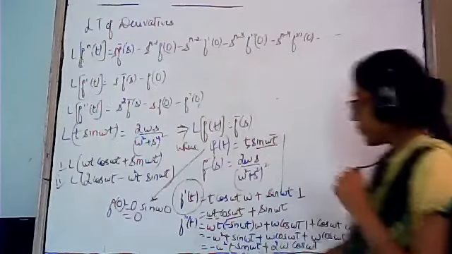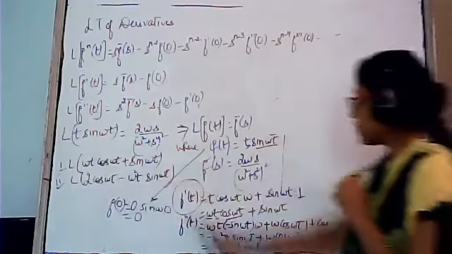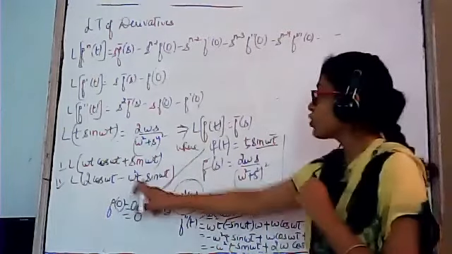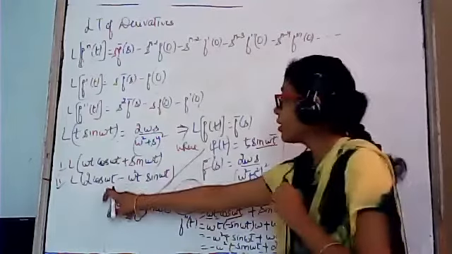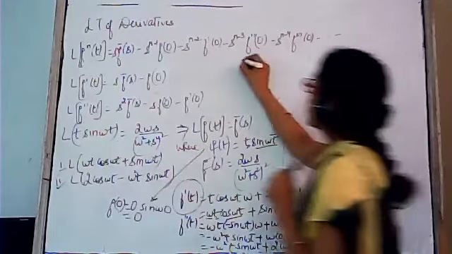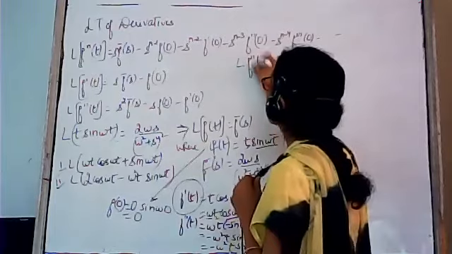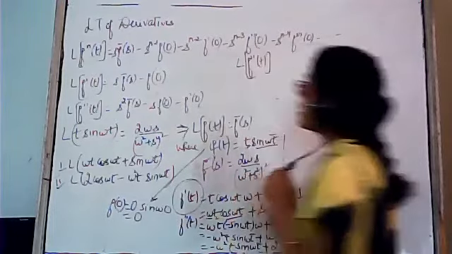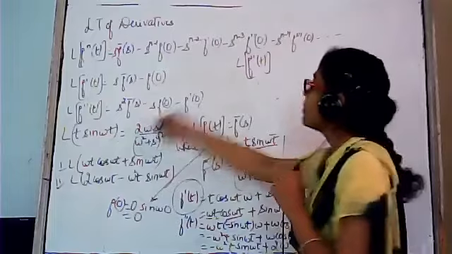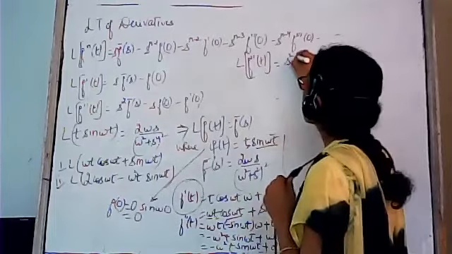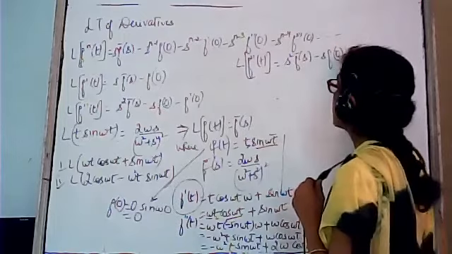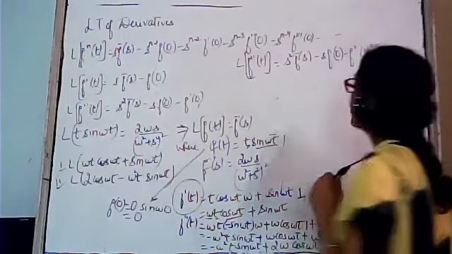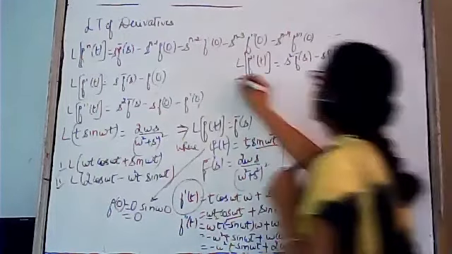Now see beta, we have to find the Laplace of this term again. This is minus omega square t sin omega t plus 2 cos omega t. It means that we have to find the Laplace transformation of f double dash t. And the formula for Laplace transformation of f double dash t is s square f bar s minus s f0 minus f dash 0.